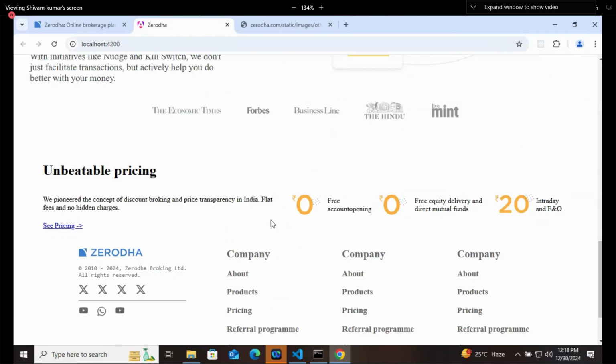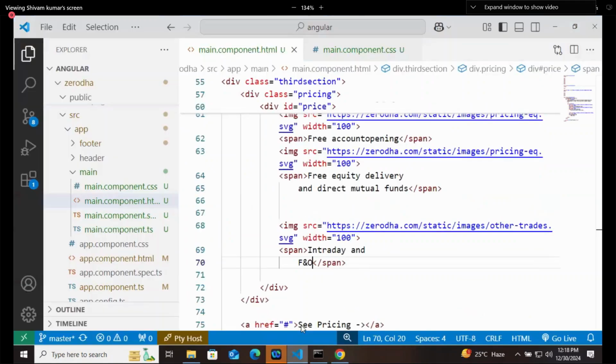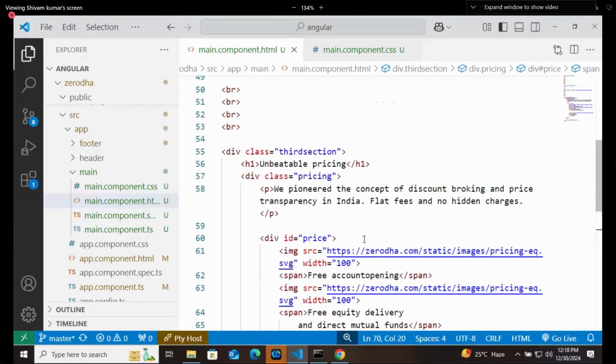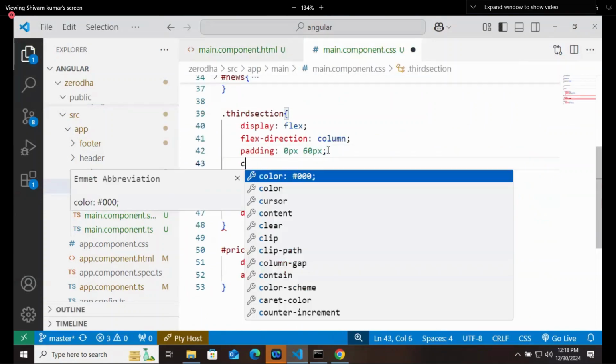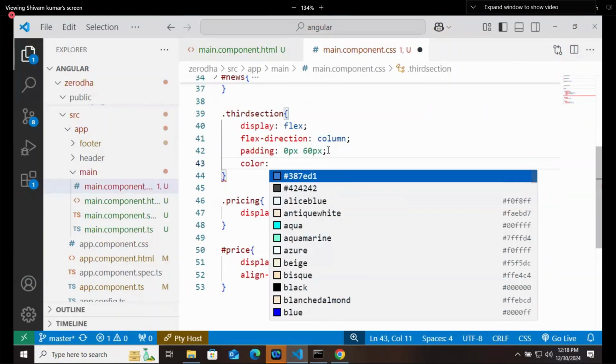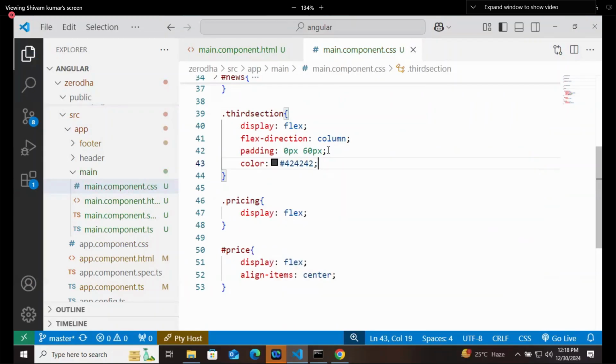Okay, now we need to adjust it actually. So at first, who is the parent? Third section is the parent color. Same color I will give, 424242, that we are using in our